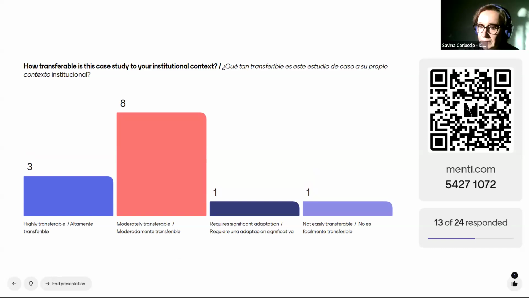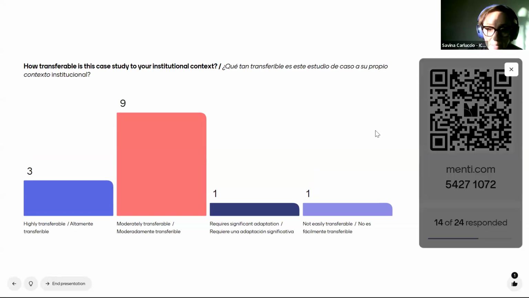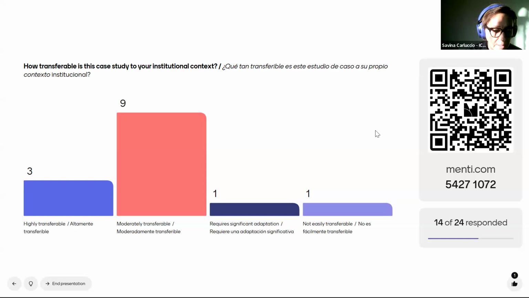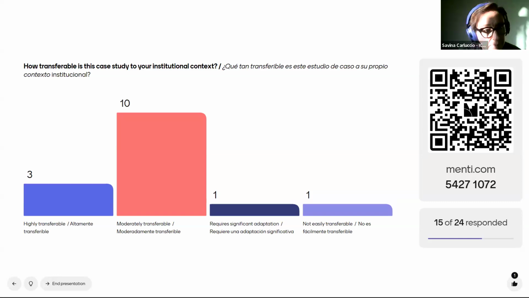Right, moderately transferable. Okay, that's a good point. You find that it is moderately transferable. I must say, Glenda, obviously we haven't seen the details of the benchmark and so forth, but everything you talked about is exactly the findings from our discussions and research. So surely there is a high degree of transferability in what you're finding. And hopefully, when you see the outputs and the detailed findings from our initiative, you'll find them useful for your context too. Next, please.